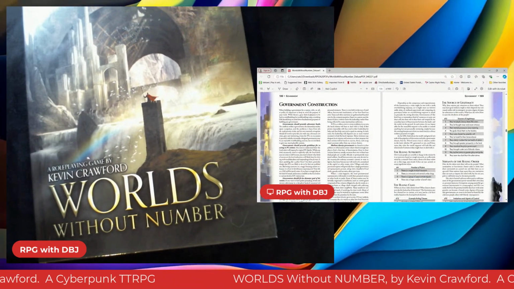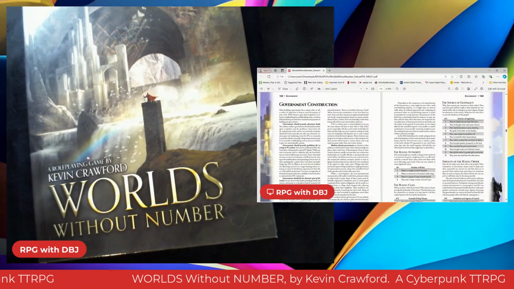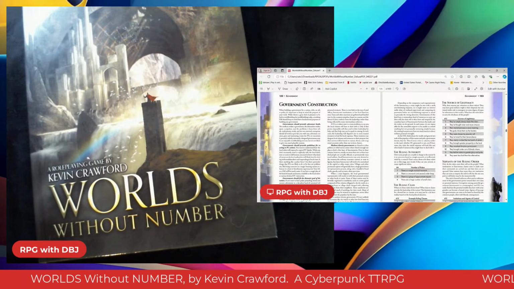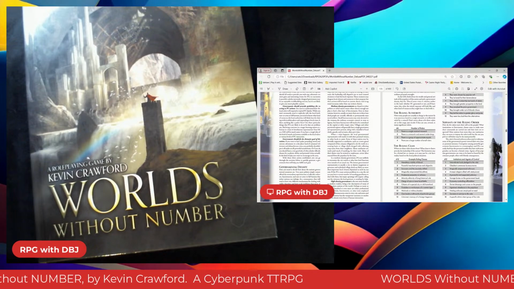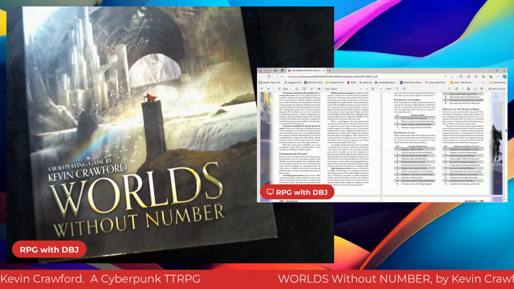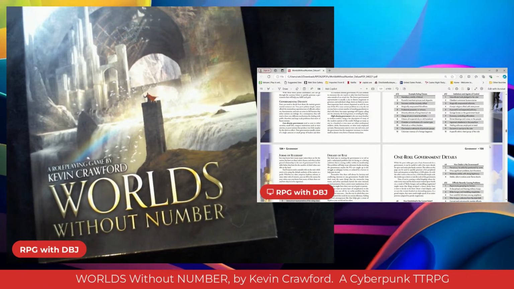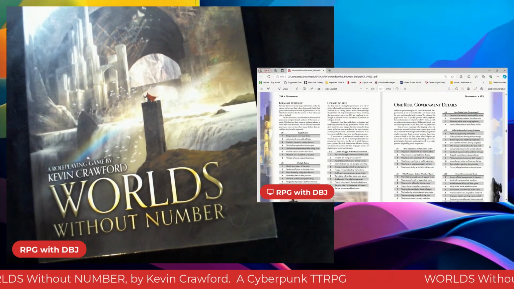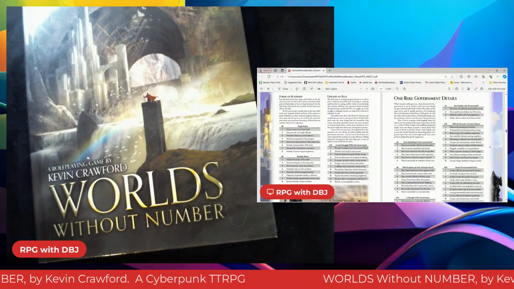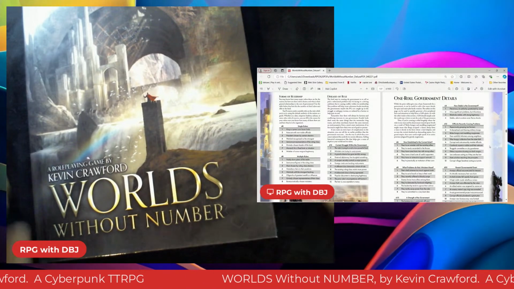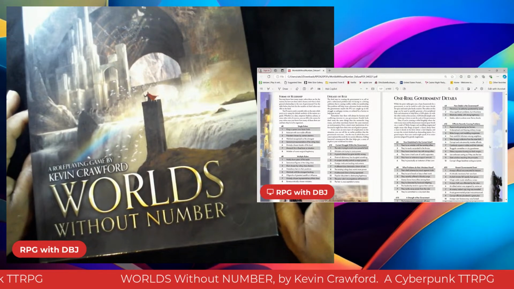Government construction. Got to have yourself some government sources of legitimacy, the ruling authority, examples of ruling classes, institutions, and agents of central. And again, going back to, I'm gonna stop right here and go see what you guys have to say. Again, you may roll in these tables and go, I don't like anything that I just rolled up,